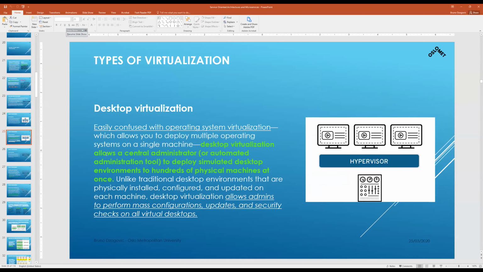So in terms of virtualizing the desktop, this is a very common practice in many companies, even at our university. So the Windows machines that you have, they're being administered remotely through, I think they're using LDAP or something like that to assign the users. And this is being installed remotely. So it's a similar approach to this.